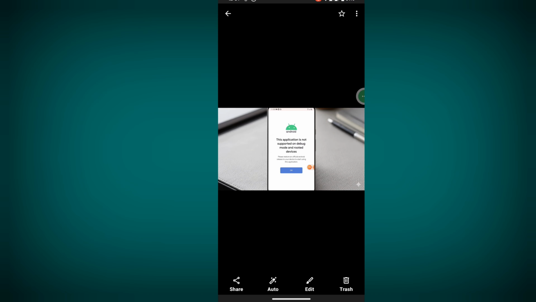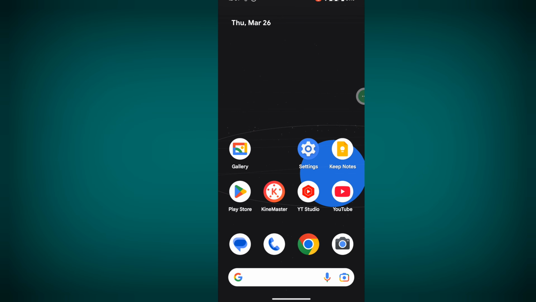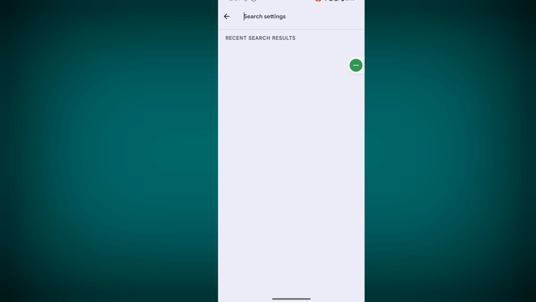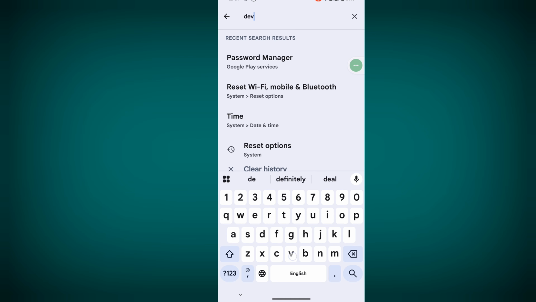In this video, I show you how to fix Poshan Tracker. This application is not supported on debug mode and rooted device. For fixing this problem, go to settings, then click on search settings, search for a developer option,